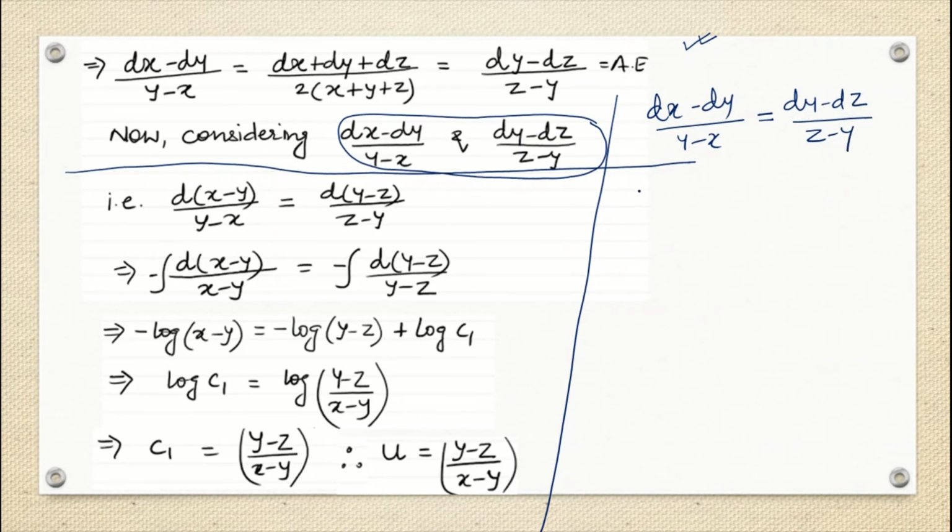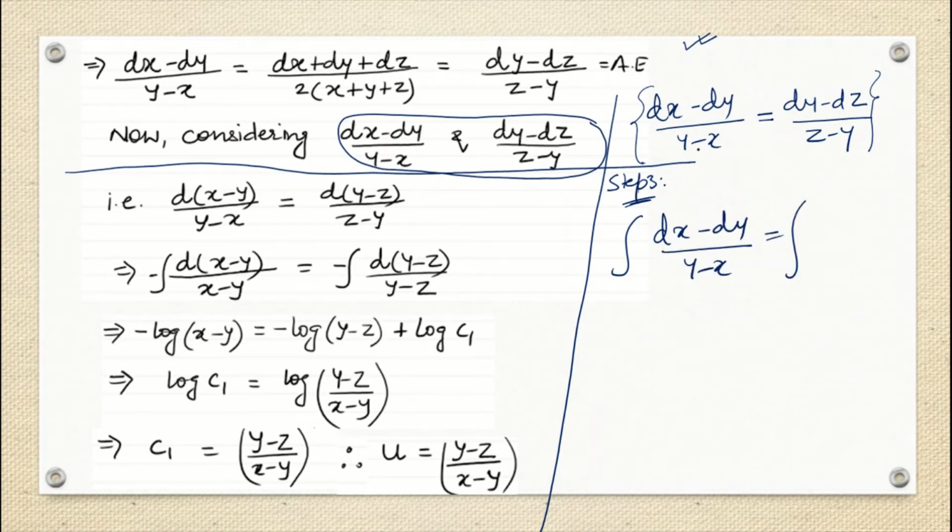Okay, so till here I am done with my step number 2, and I'm going to start my step number 3. How will you understand that you are done with step number 2? Now you just have to integrate. We have seen in the previous classes that when you get the equation in this form, you will think that the integration part will be easier. So you start writing integration on your left hand side and on your right hand side. I can start integrating my left hand side and my right hand side. So this is nothing but my step number 3.